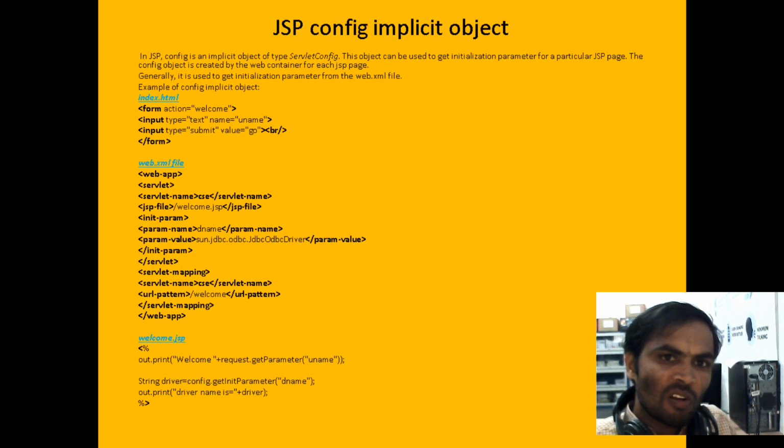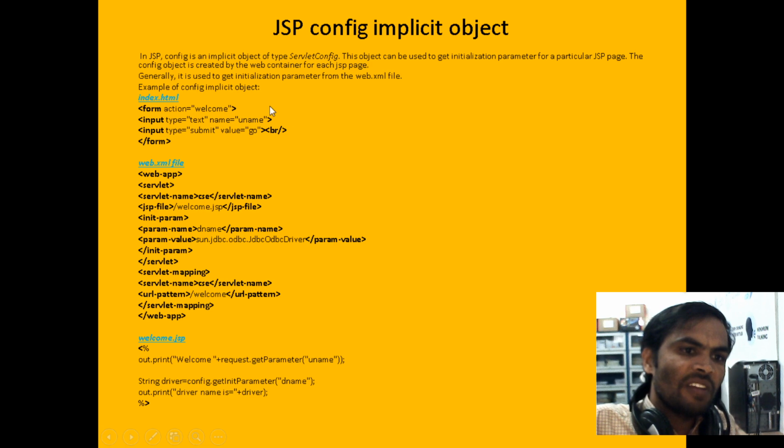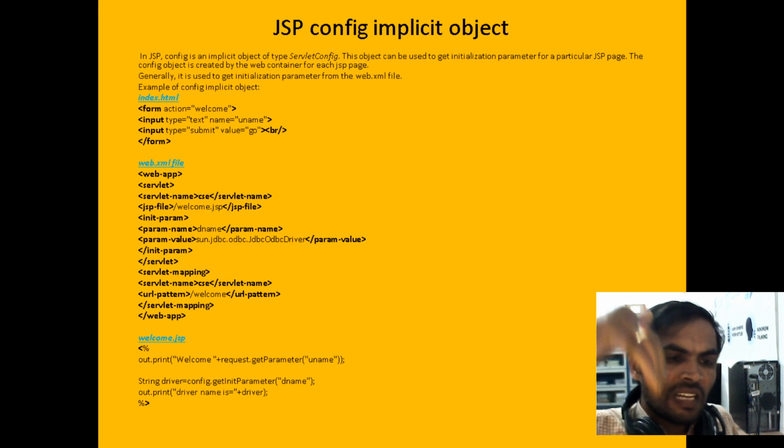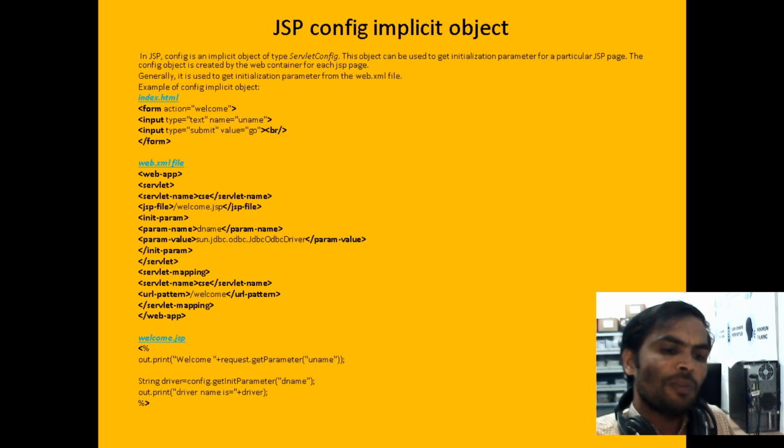Then we are having the config. Similarly, in the config also the servlet config object will be there. Here also we are using the servlet config object in the JSP, written in a similar way. We are writing the configuration file. Under the configuration file, init parameters. Inside the root element of the web app, the sub element will be the servlet. Inside the servlet element, we are writing the init parameters for configuration purposes.